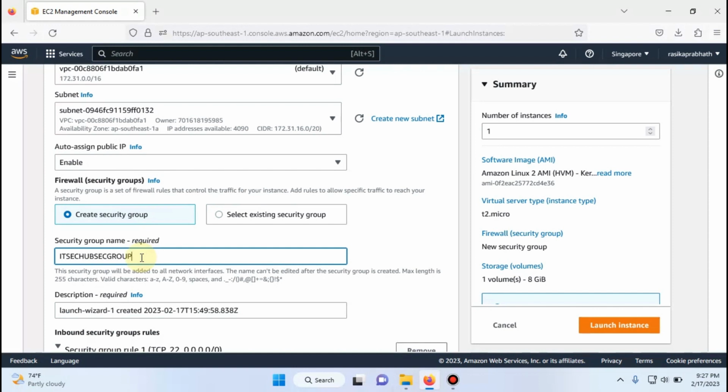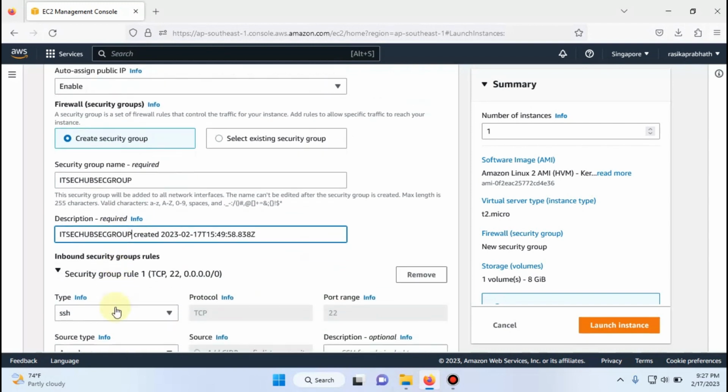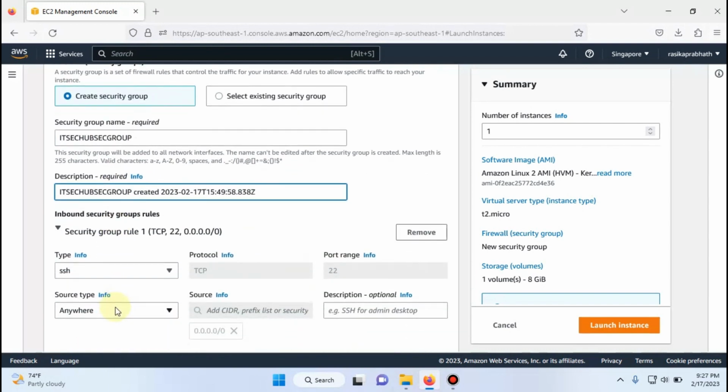So it's ITsec hub sec group, and we will copy it,